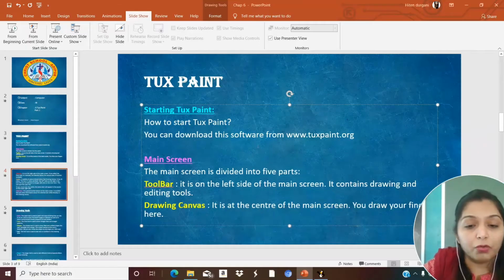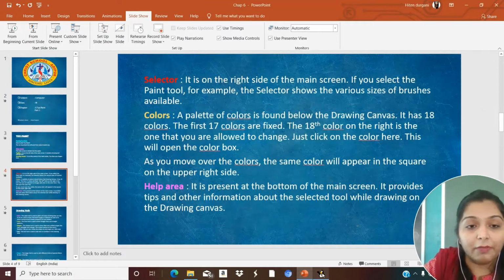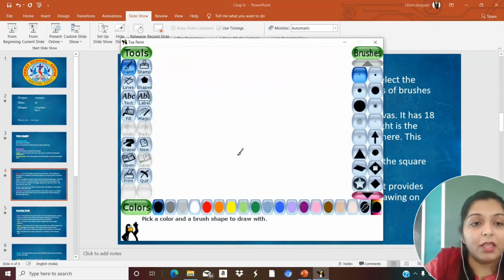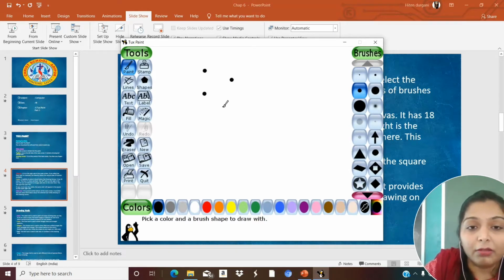Now, I will show you this as well. See, this is our Tux Paint. If I am selecting the paint option here, these are the brushes. What do we call this? Selector. These are all known as selectors because here we can select the brushes. Okay, here we can select the brush size.